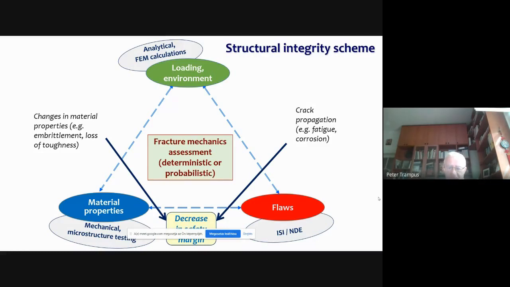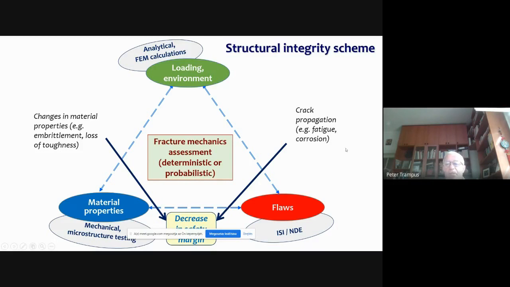But the important thing is that it is not a static situation. It's a continuously changing, it's a dynamic situation, because there are changes in the material properties due to the loading and environmental conditions. For instance, the embrittlement process, loss of toughness.